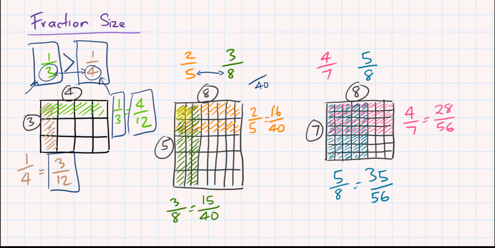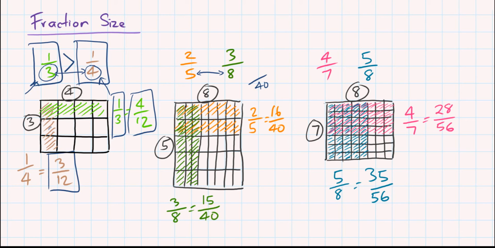So by counting the smaller squares, which are equivalent to 40ths, I can see that 2/5 is equivalent to 16 40ths. Likewise with 3/8, so I've got 8ths going down here. Okay, the columns are 8ths, and I've shaded in 3/8, which is exactly the same as 15 40ths. So if you count these smaller squares here, remembering that each little square is 1/40th, I end up with 15